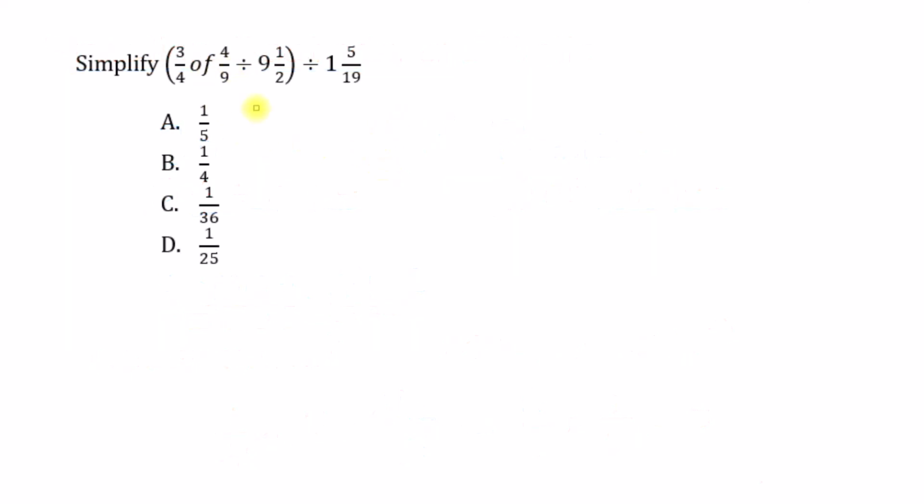In this question, we have this to simplify, and as a rule of thumb, it will be good for you to convert to proper fractions, in which you are not having a whole number beside fractions, you just have ordinary fractions. So if you have to write out this expression, we are going to have something like 3 over 4 of, which is the same as multiplication, so we have of 4 over 9 divided by,